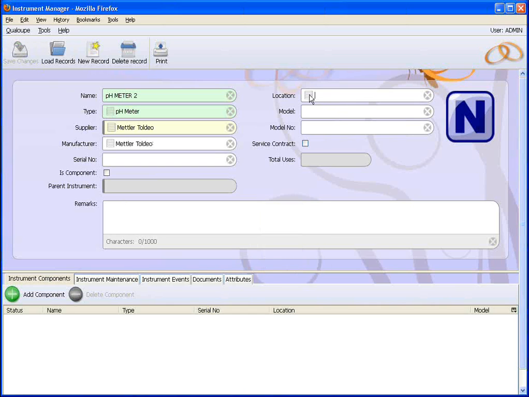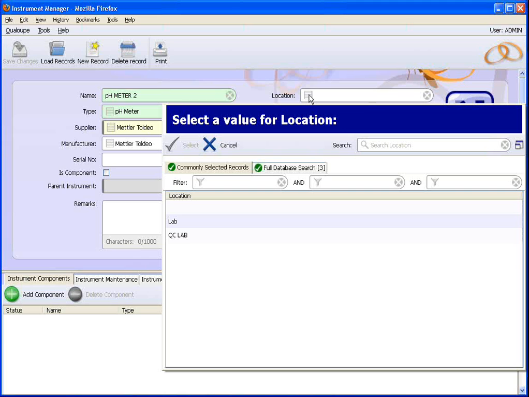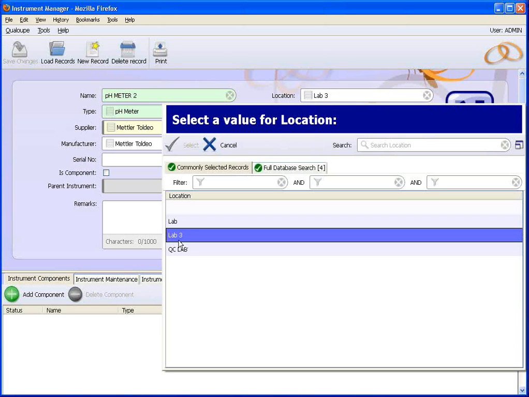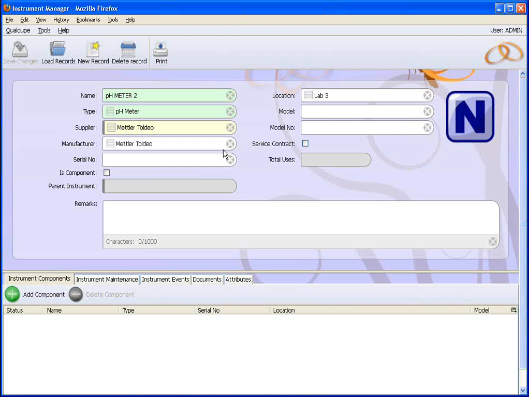Location, so I'll look that up. QC lab. That's a self-populating list. So in other words, if I put in lab 3 and saved it, in future if I click on this, lab 3 now appears on that list. So you can add your locations as you go along, and then they'll be available to pick from for subsequent records. Serial number, I don't know,